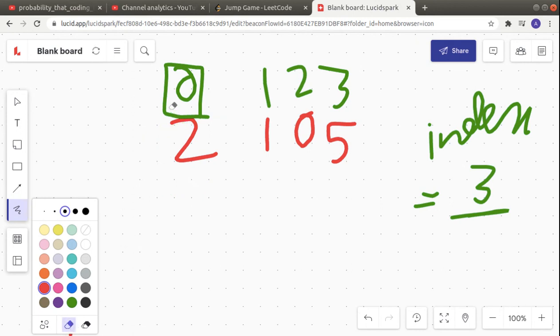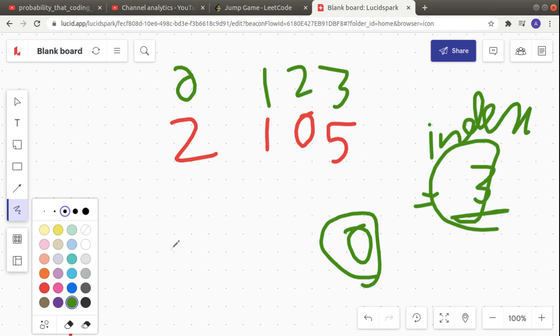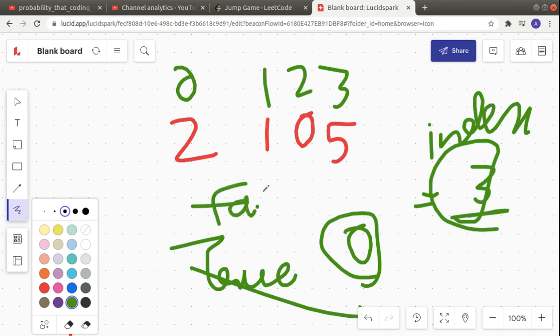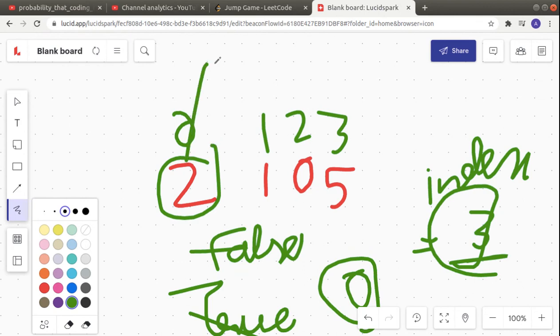So now we have reached the end of the array and we will check the index. So index is 3. It is not equal to 0, right? If the index was 0, we would have returned true, but index is not equal to 0, so we will return false in this case. So the answer in this case is false, and you can even see it, right? From the first position you can only jump a maximum of 2 steps. So from here, there's no path to reach the last index.